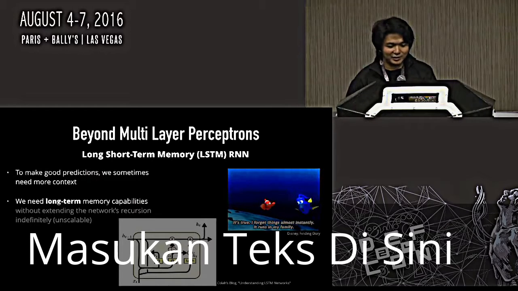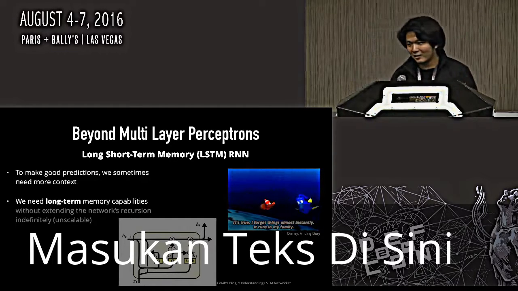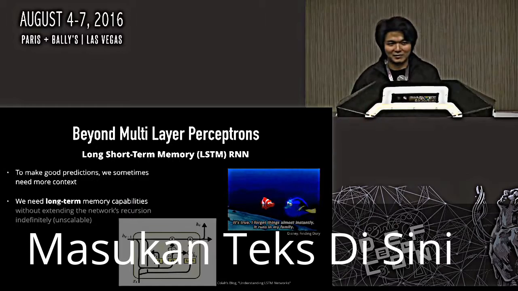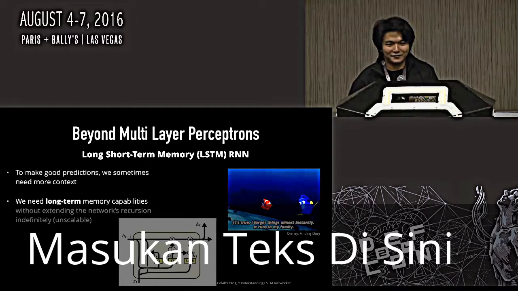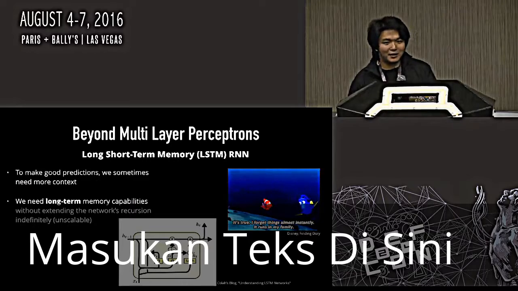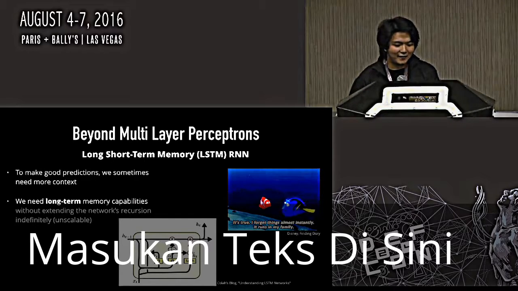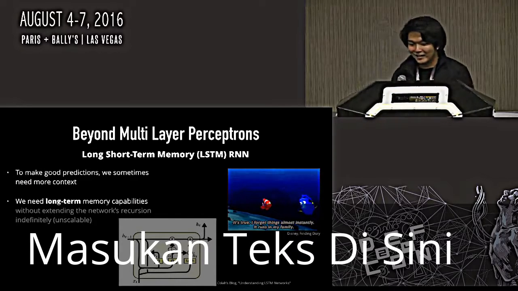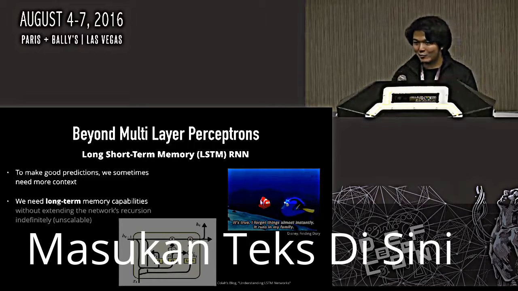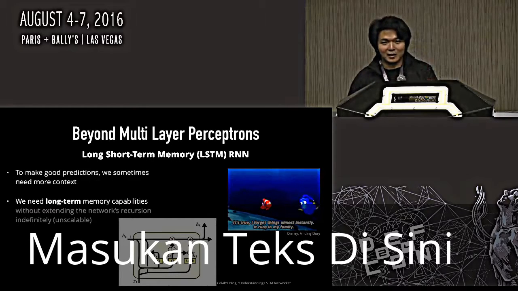To make good predictions, we need more context, and you can think of things like a system that converses with you. When you're talking with somebody and someone mentions that he's from, let's say, France, 5 minutes ago in a conversation, you don't just forget that after 5 minutes because your memory buffer is full. You have to remember things like that. And so the beauty of LSTM networks is that they have certain gated functions in the recurrence of the network that allow the network to learn what's important to remember for a longer period of time and what's not.